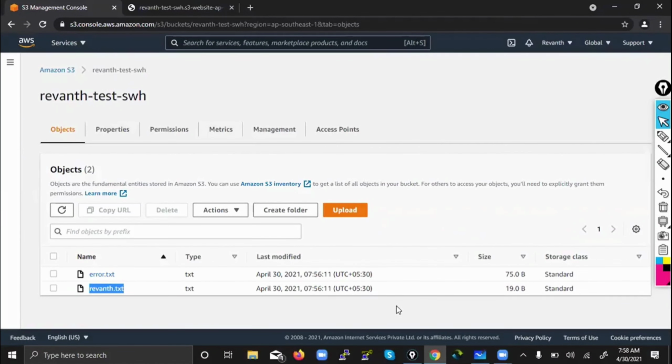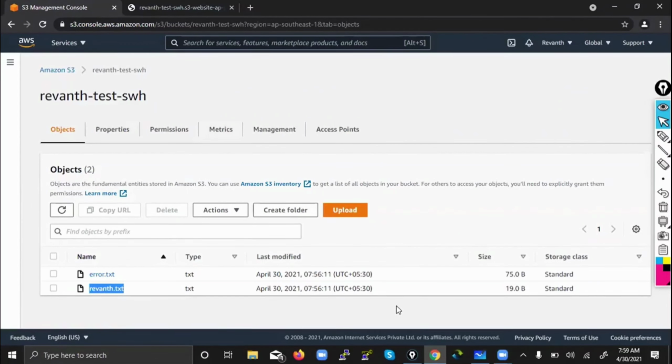You can't do this in EC2. Why? Because EC2 doesn't support TXT files. It supports only HTML, PHP, CSS, JavaScript, Bootstrap, these things. But S3, it's okay. You can give any. It is just a file. S3 doesn't bother about the format because it has its own algorithm of hosting the website. Okay. Now,